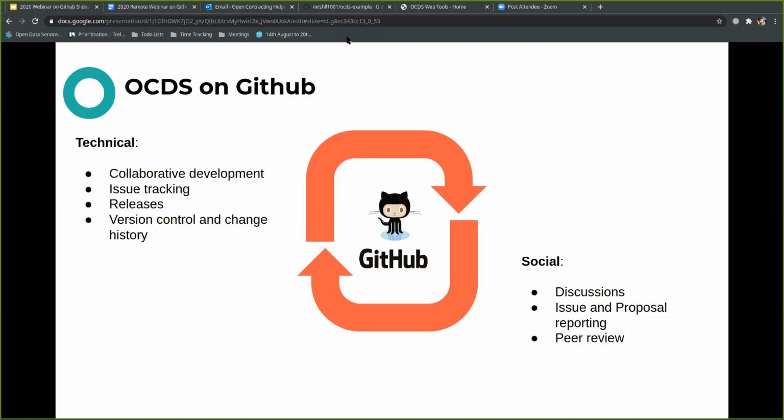So Git is ultimately a version control system. It allows us to define and release different versions of the standard. So to date, we've had two major versions of the standard. We have had OCDS 1.0, and we are currently on OCDS 1.1. And we've recently released a new patch called OCDS 1.15. And so this allows us to track the change history between different